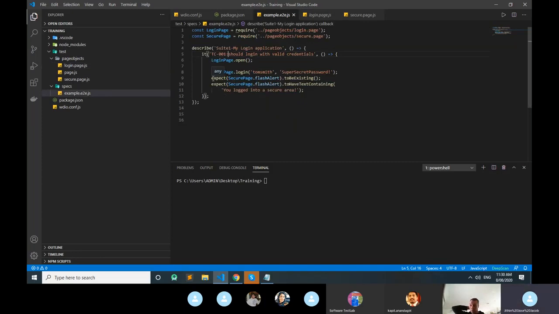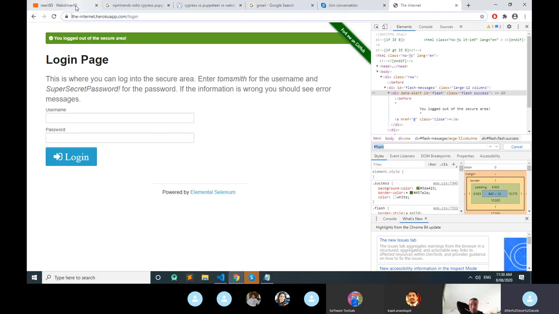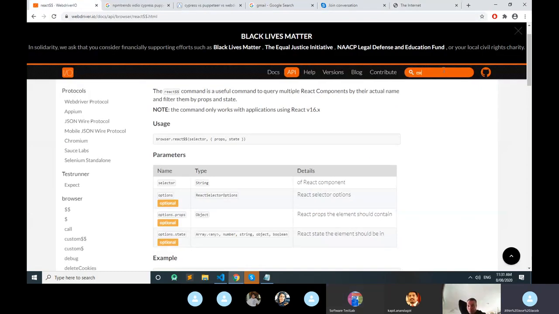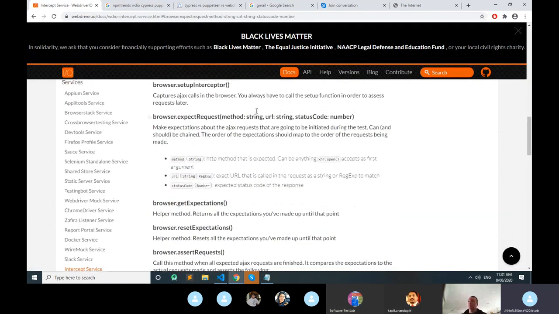Then it has an expect as well. This is like assertions, like JUnit assertions, which we have in Java also. It has an inbuilt expect assertion. So if you actually want specific assertions or something,